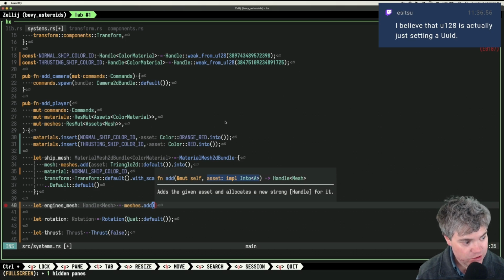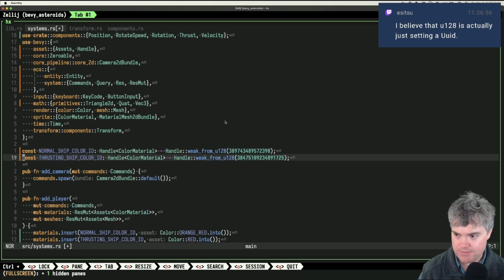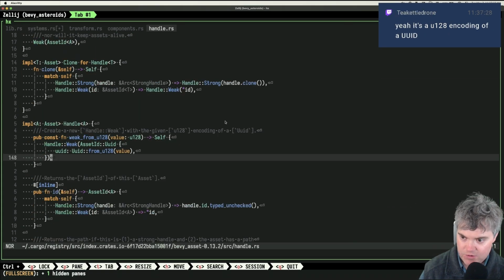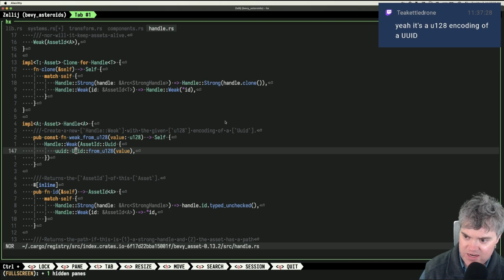You believe that U128 is actually just setting a UUID? Wait, really? Oh, that's interesting. I mean, so it creates... you're right. Huh, it's creating a UUID from a U128.